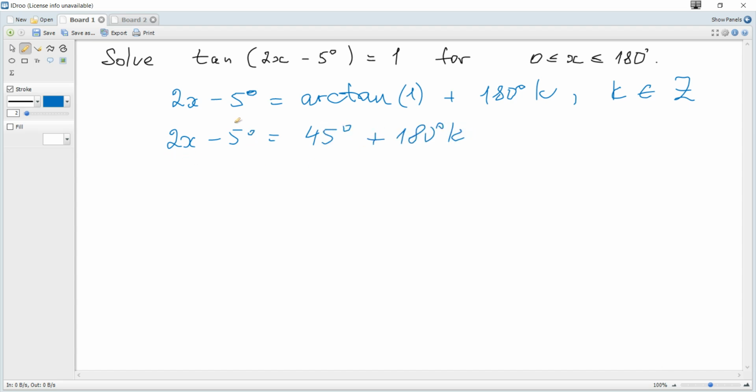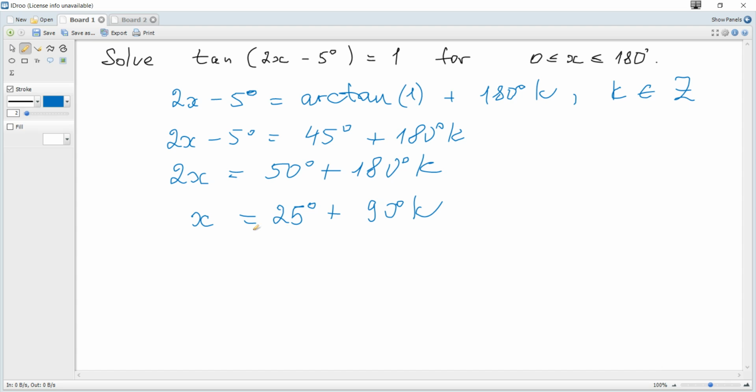for x. So we move negative 5 to the right, so it becomes 2x is 50 degrees plus 180k, and dividing each term by 2 to get just x, so we get x is 25 degrees plus 90k. It's the general solution. There are infinitely many solutions, but we need x from x should be greater or equal